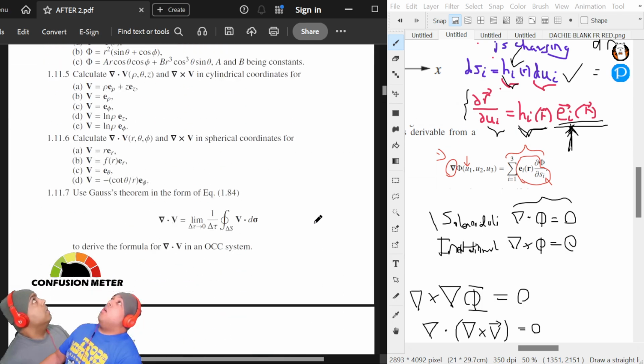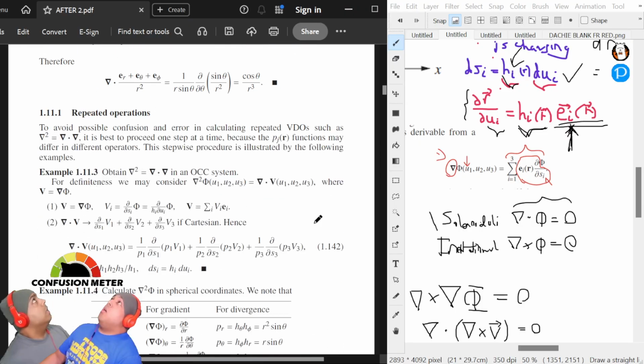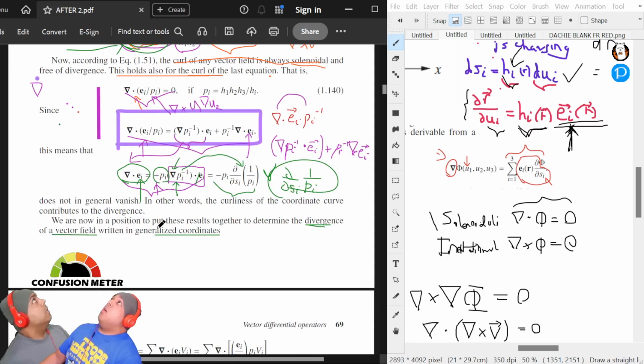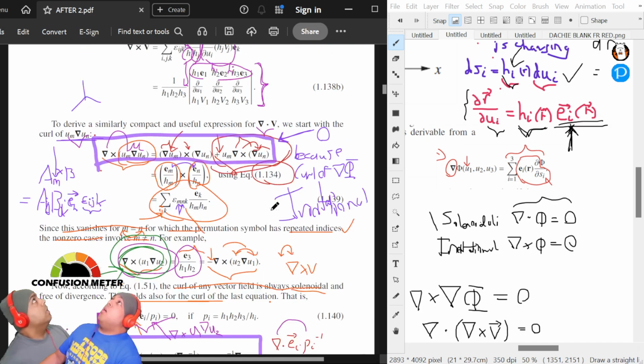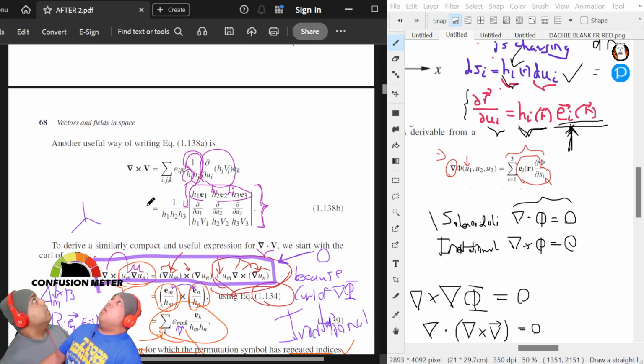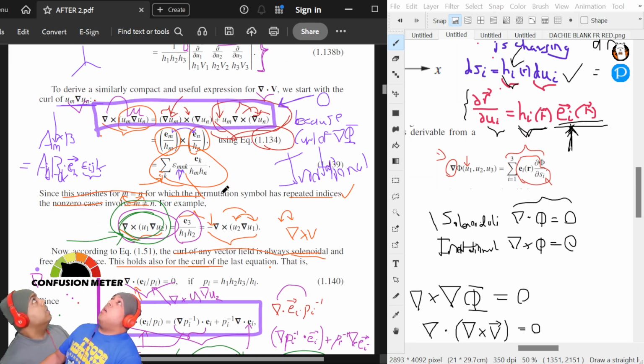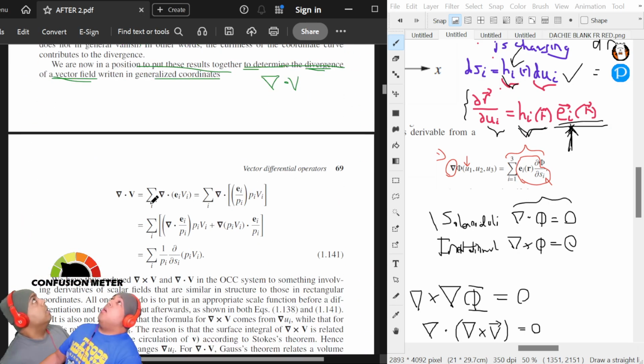Did we do the curl of this guy? Yeah, we did. So divergence of V equals